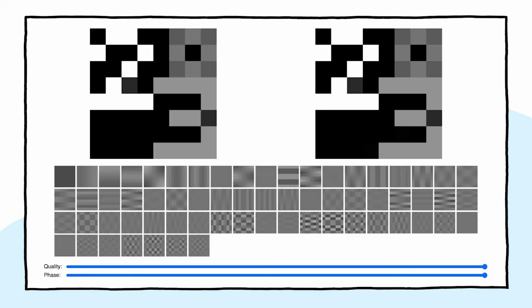And this blows my mind. Like, I don't believe this. I still don't believe this, even though I've built an app to show it. Look, I've made a little pixel art 203 for HTTP 203. I'm not very good at pixel art, but that's what I tried to do here. But what you see below is all of those shapes at the intensity that it uses to reconstruct that image.